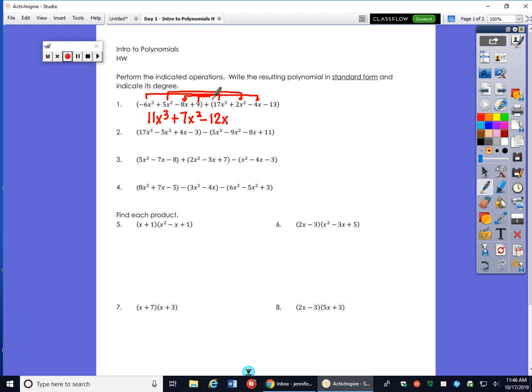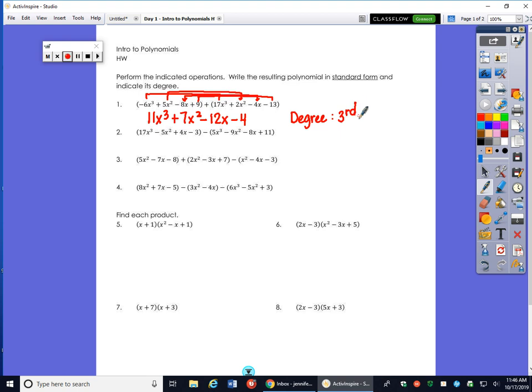And then we have the constants 9 and negative 13, which is negative 4. Now, it's already in standard form because it's going from the highest exponent down to the constant, and it asks us to indicate the degree, and the degree of this function would be a third degree because that's the highest